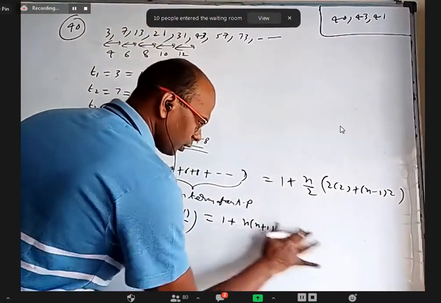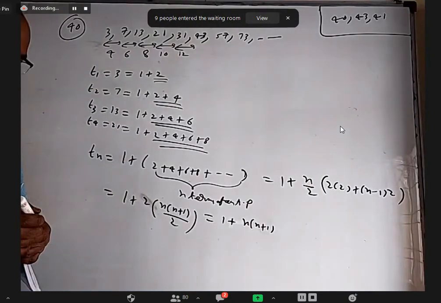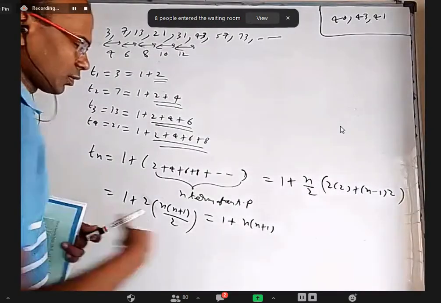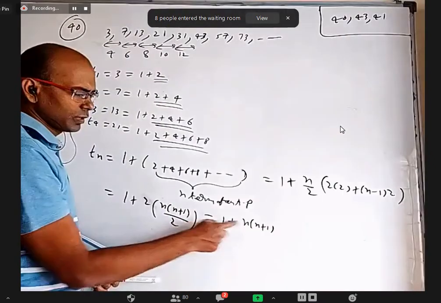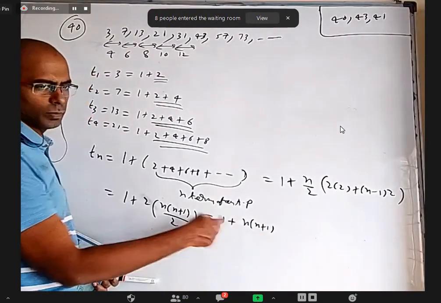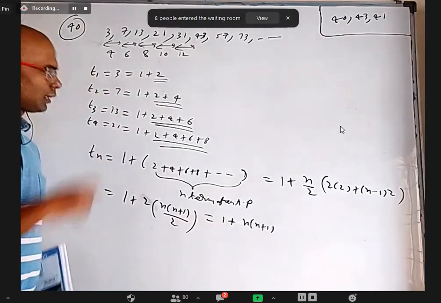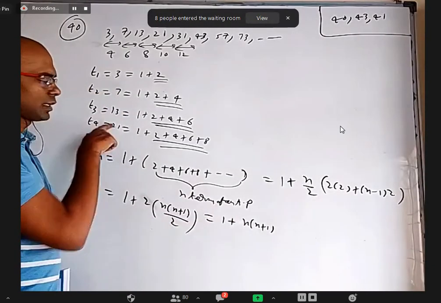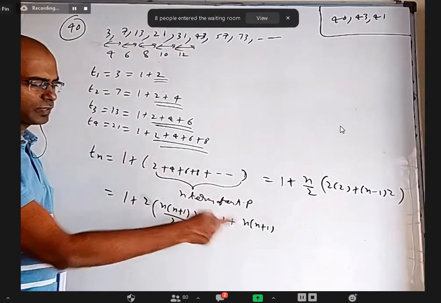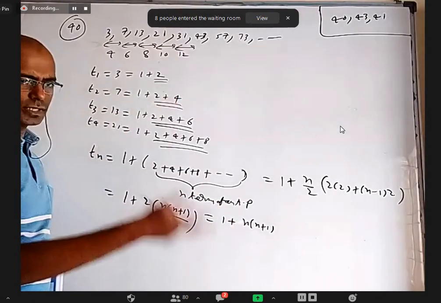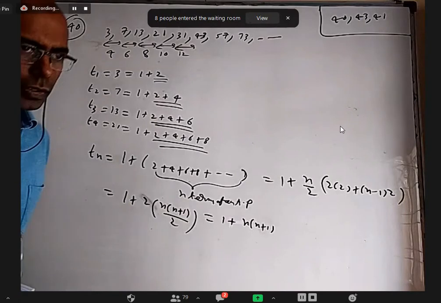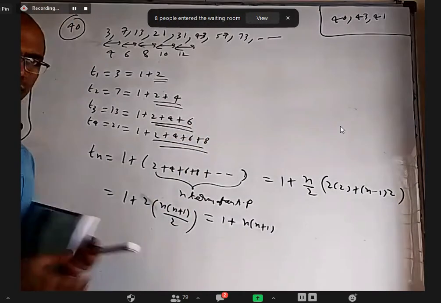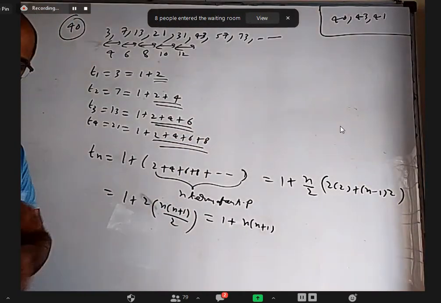Okay. Now if you have doubt, you can verify whether you are getting all the terms or not. You put n equal to 1, you will get 1 plus 1 into 2, which is 3. When you put n equal to 2, you will get 1 plus 2 into 3, 1 plus 6, which is 7. If you take 1 plus 3 into 4, 13, 1 plus 4 into 5, 21, 1 plus 5 into 6, 31, 1 plus 6 into 7, 43, so on. We only found nth term. Okay. Try to copy this. If any doubt you ask me, we'll see how to do further.